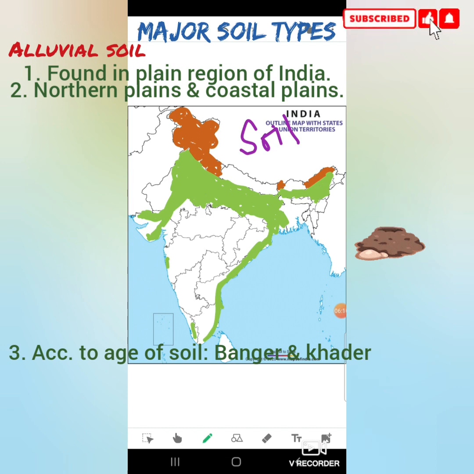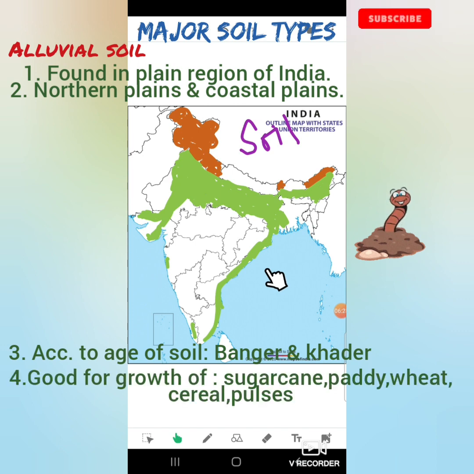Then with this we came to an end of the alluvial soil, but we should know a few characteristics of the alluvial soil. These are very fertile, you can see. This alluvial soil is very fertile and is made up of the interplay of three major Himalayan rivers. One is Ganga, the other one is Brahmaputra, and the other one here is the Indus. And it contains sand, silt and clay.